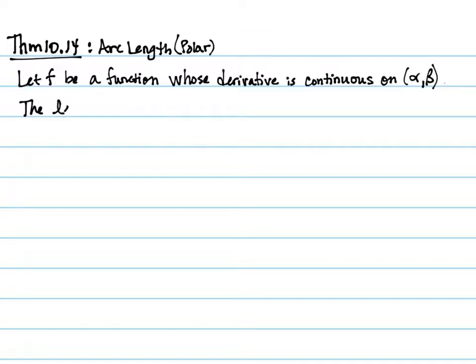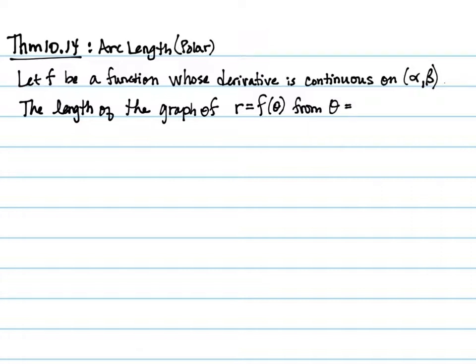The length of the graph, right? If we were to measure the length of the graph of r equals f of theta from theta equals alpha to theta equals beta is,